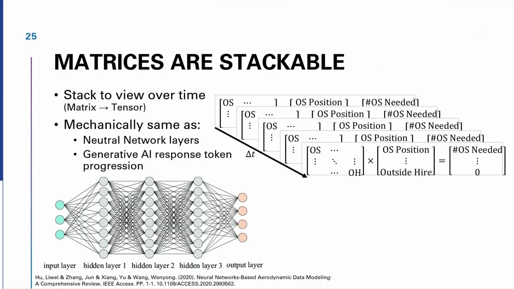All right, so now that we have this, we can stack these as well. If we stack them over time, we might call this a recursive machine learning algorithm. For example, how is my hiring process evolving month to month, year to year? We could also change this so we're not layering it by time, but layering it to see different sensitivities. That would be an example where we'd use more of an attention matrix. And that's the same thing that's used in generative AI. It's all coming back to the same principles, and we're just trying to show how it all works.